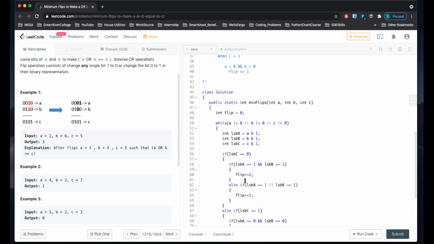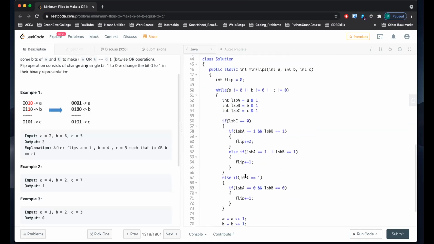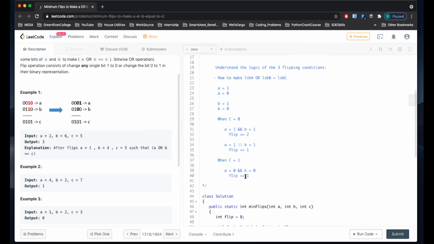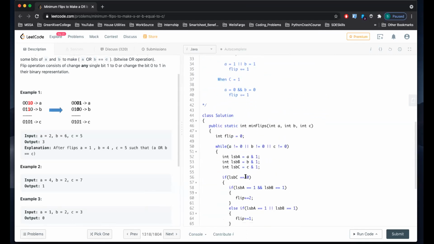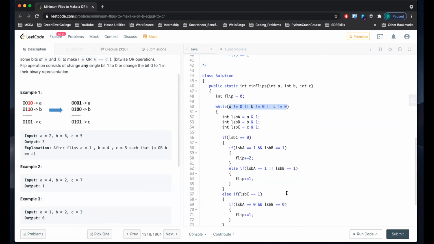I have a question. How did you come up with this or in the while loop? Like if A is not equal to 0 or B is not. But if one of them becomes 0, then you will exit the loop, right? Then why is there an or? Exactly. So the goal is basically to make everything 0 at the end, and that's when my loop ends. Other than that, we have to keep checking and counting how many flips we're doing. But then this or makes it exit early also, right? So if A becomes 0 and B, C didn't become 0, then it will still exit, right?